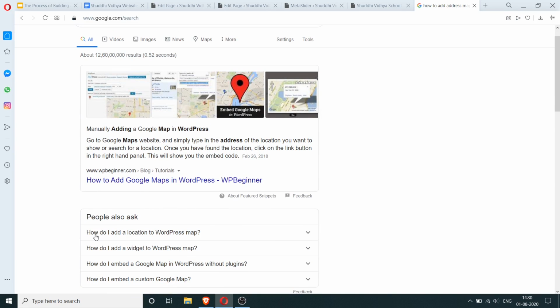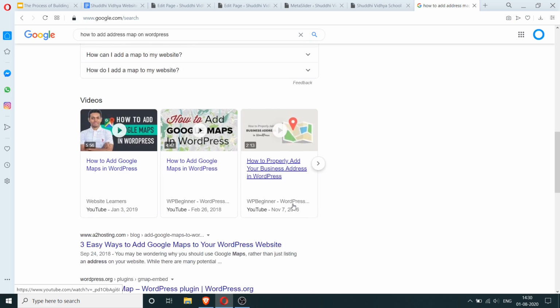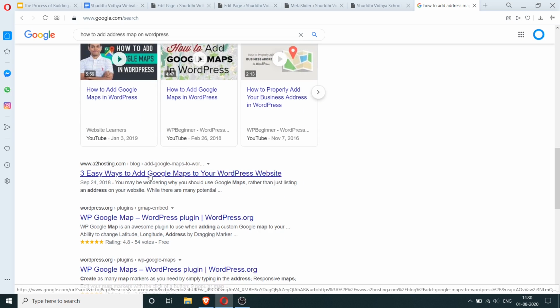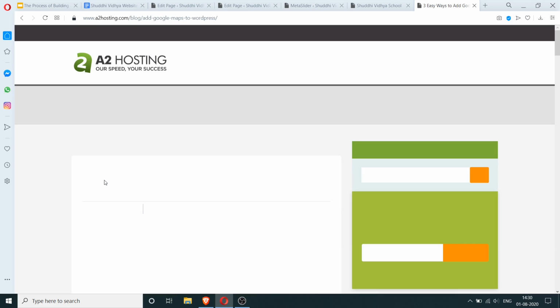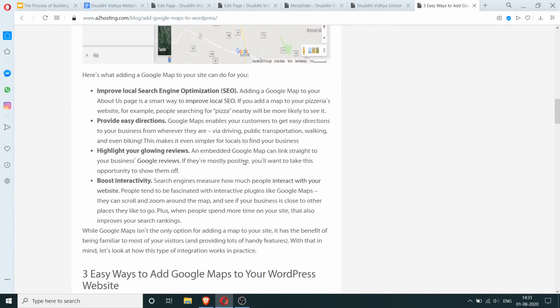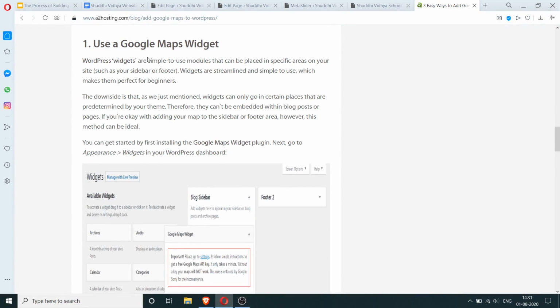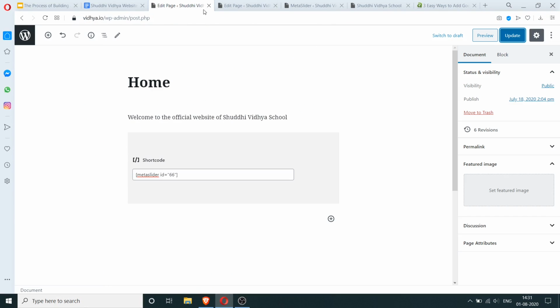So there's a question here that says, how do I add a location to a WordPress map? There's a video. I don't know if I want to watch a video on that. So there's an article that says 3 ways to add Google Maps to your WordPress page. Okay, so there's a Google Maps widget. Let's look for that.